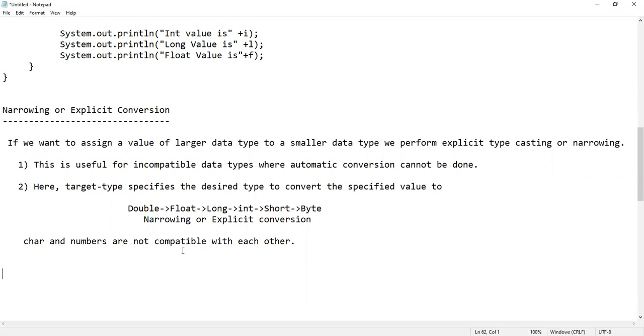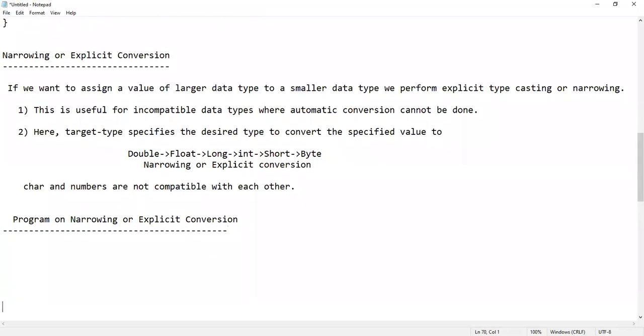So we'll write a program on narrowing or explicit conversion. Okay, how we are going to write a program, we'll see.